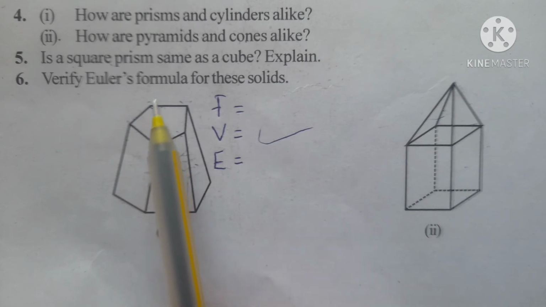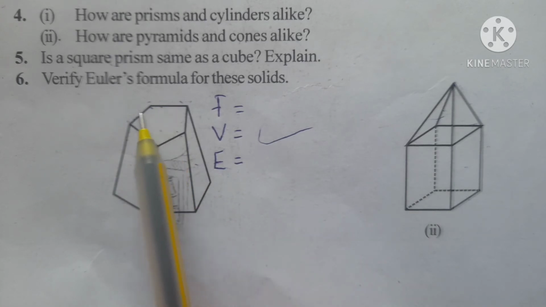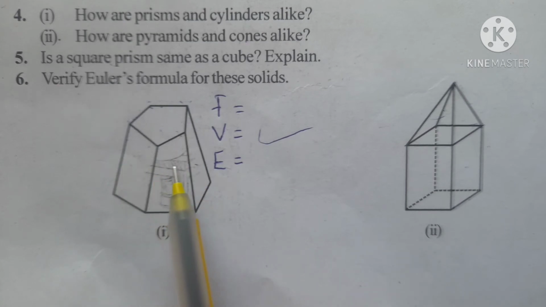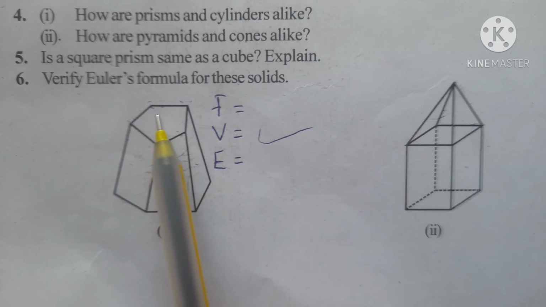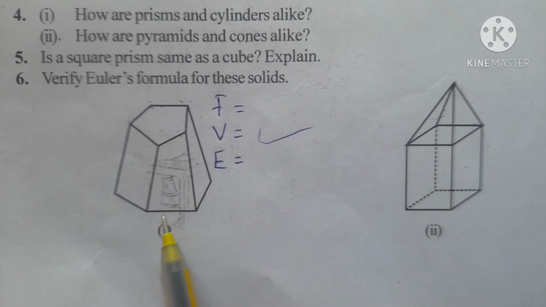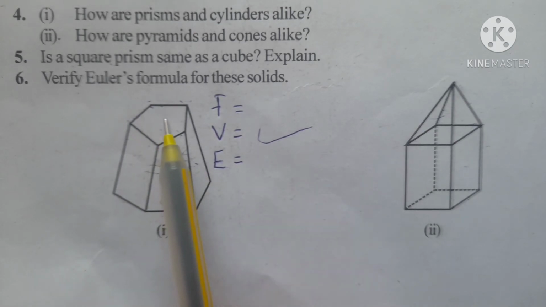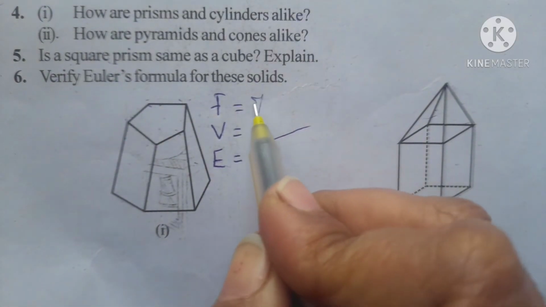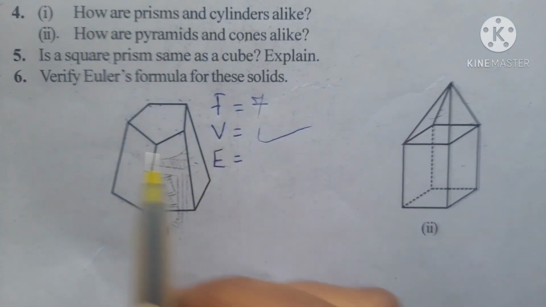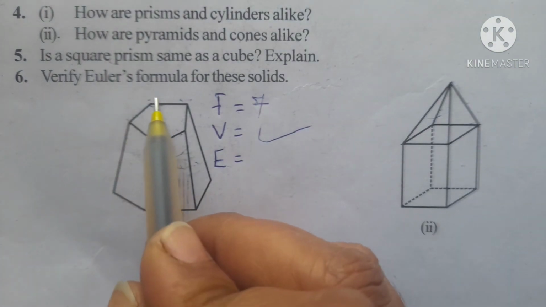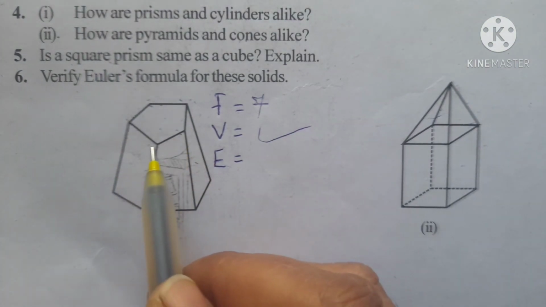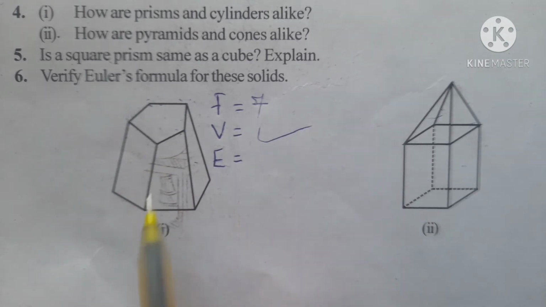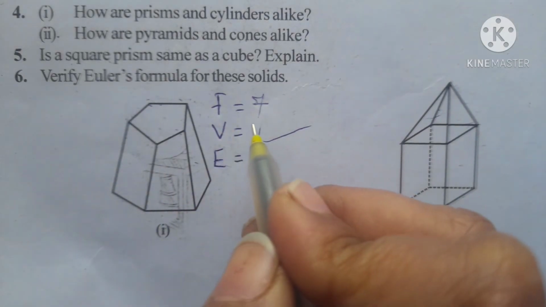Now you can see this is a pentagon. So it has 5 line segments. So 5 faces on this side. 1, 2, 3, 4, 5 faces on the side. And 1 face on top and 1 face at the bottom. So 5 plus 1, 6 plus 1, 7. So total how many faces? 7. Similarly, vertices, obviously these are the vertex points, common points. So 5 here and 5 below. So 10 vertices.